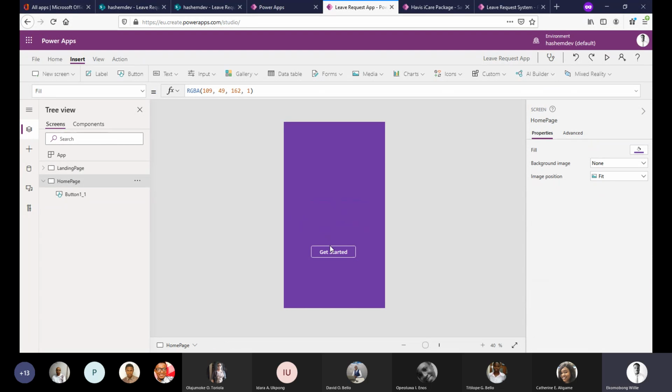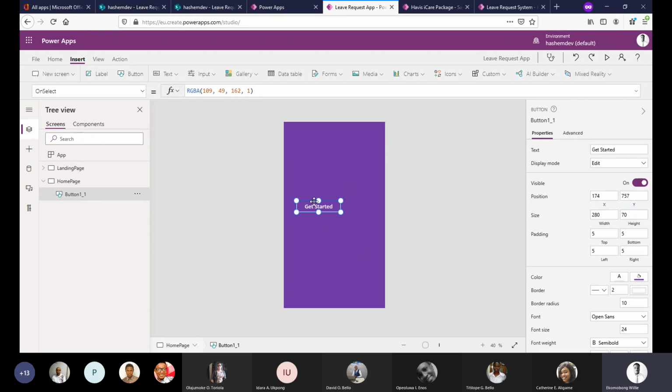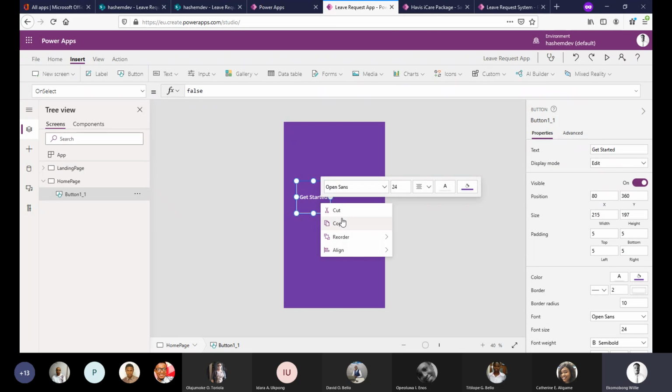We can still use this button. We just need to create 4 buttons here. The first one is going to be to create new request. The next one would be to view your pending request. And the next one would be to view your